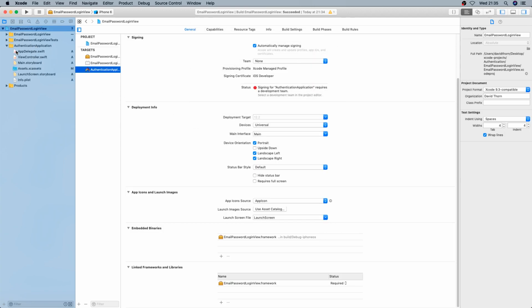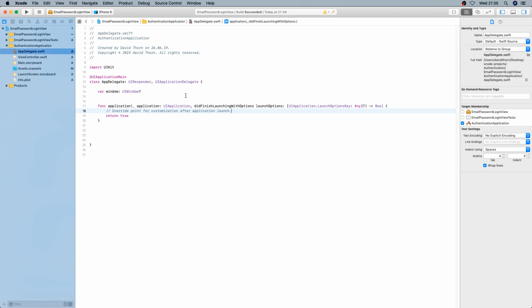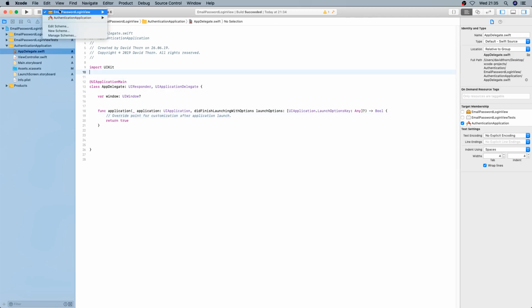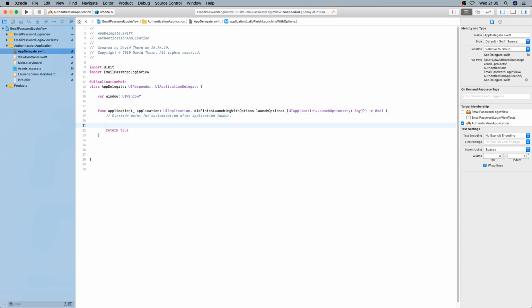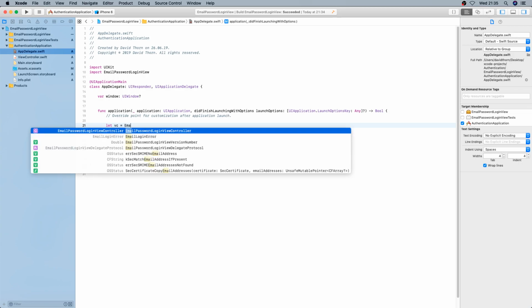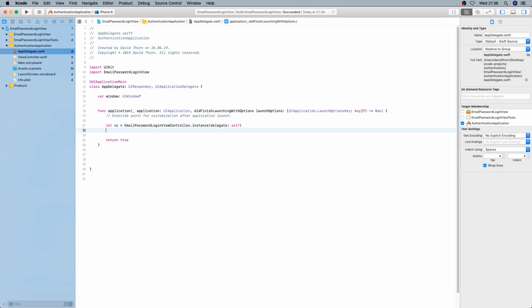And once we've added this, we can then come and remove this and import our email password view, and VC equals then email password view instance, delegate is equal to self, and then window dot root equals VC, and that's in